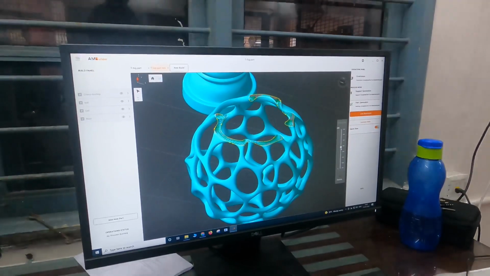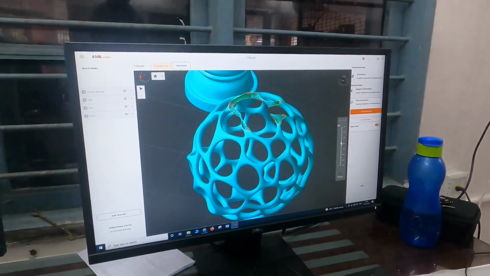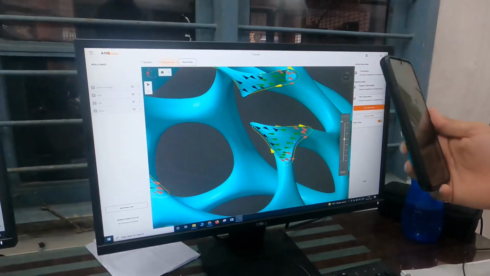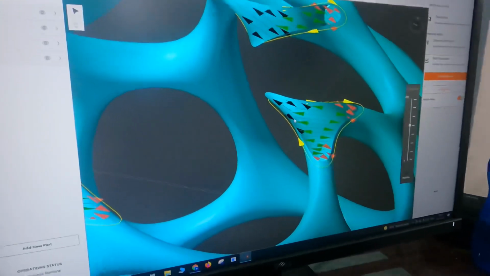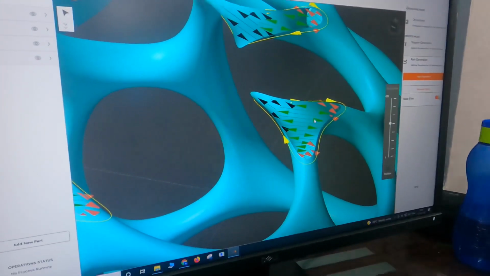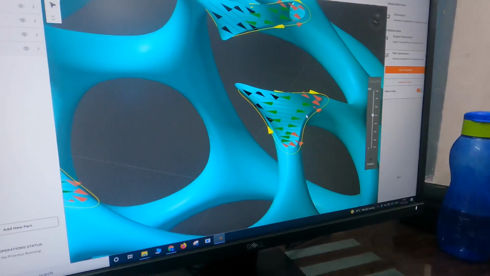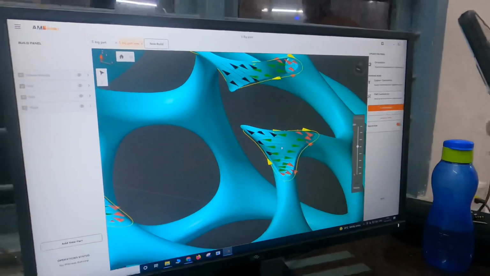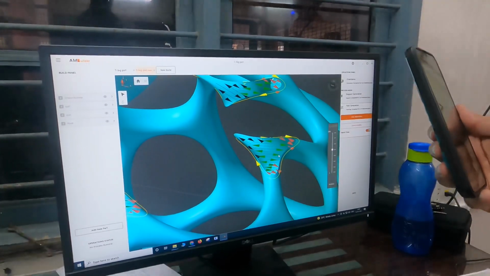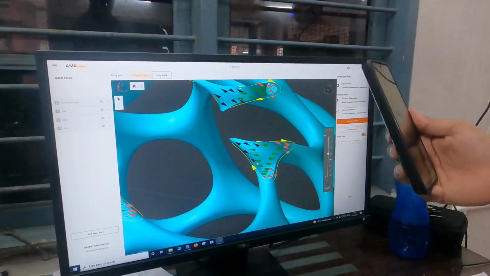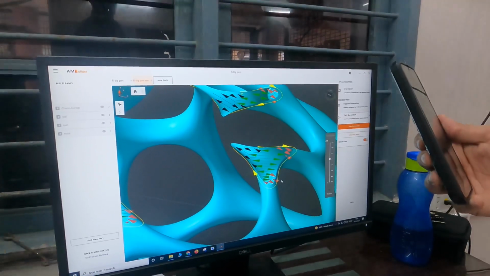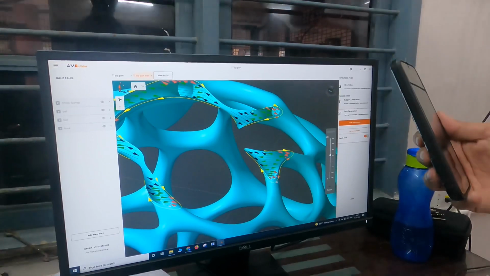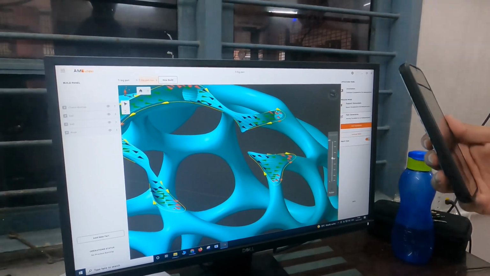You can explain about the path. As we said, in this particular example, this is a bidirectional scan. You can see one vector is going in this direction, the green direction, and the other is coming back. That is called a bidirectional scanning strategy. We applied the bidirectional scanning strategy here, which is why it is showing the arrows in both directions. The contour is just the outer geometry. It is different in different layers.